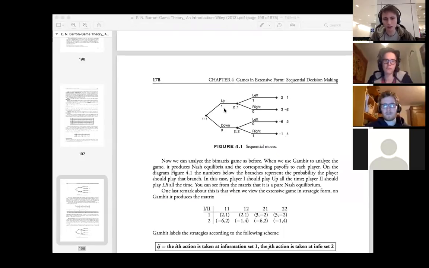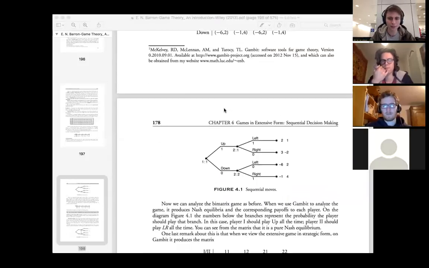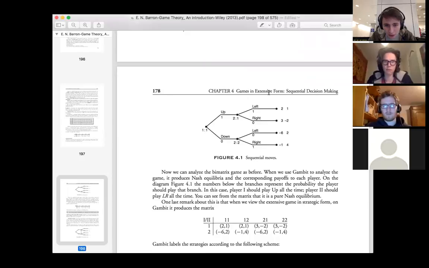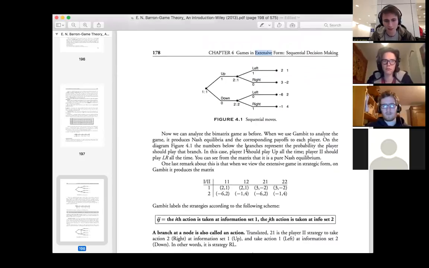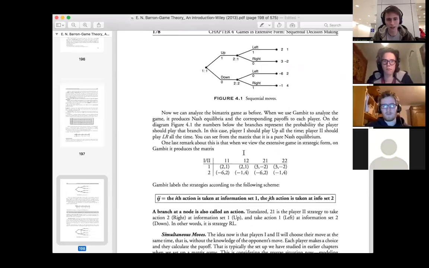And so what you can actually do with these extended form games, I think extensive form games is what it's called, is turn them into normal games, just like we were seeing in our other chapters right here. So as you can see, this 2-1 corresponds to player 1 choosing up and then player 2 choosing left, which is right here. And then 1-2, it would be